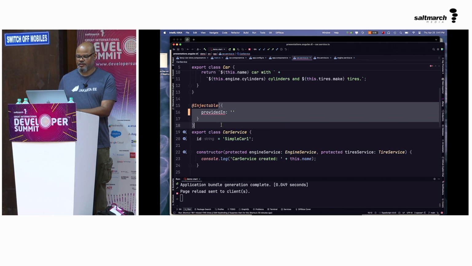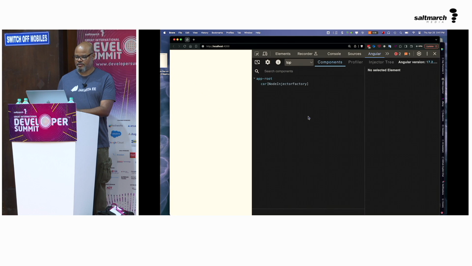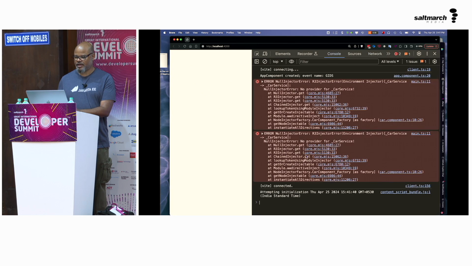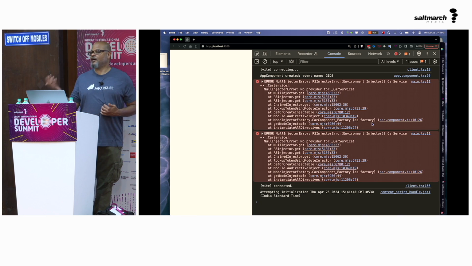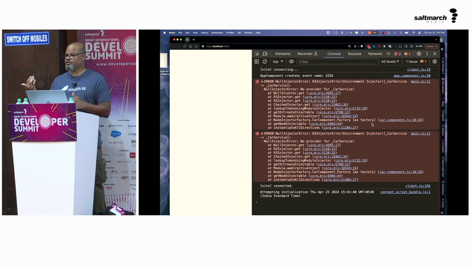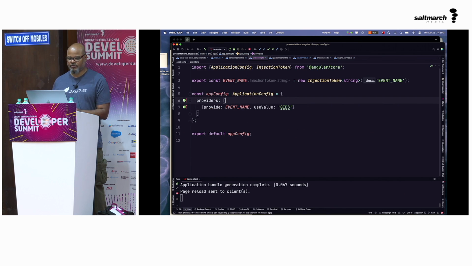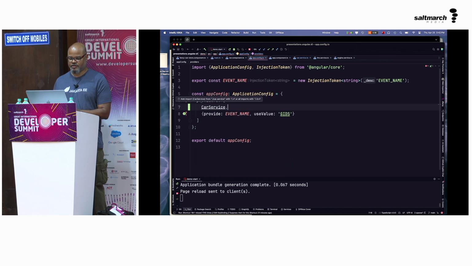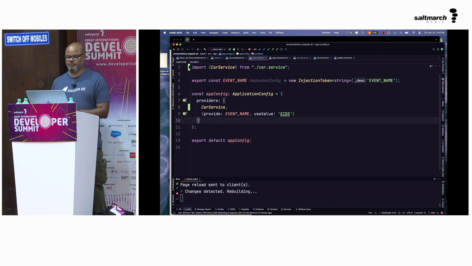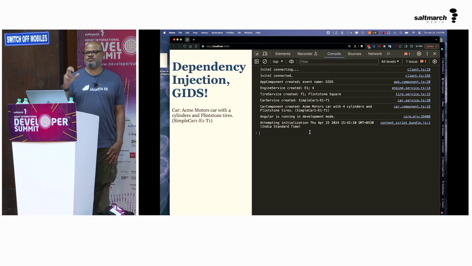So first what I'll do is I'll just make this injectable, right? And let's see what happens. Oh no, okay. So it's complaining because it can't find car service anywhere because I didn't put it in any particular injector, okay? So what I had when I had provided in root is pretty much exactly the same as if I had put it here. So I could have also done car service here. And remember, this is saying use class, right? And that works. So it's the same thing. So that provided in root thing is just a nice shorthand.